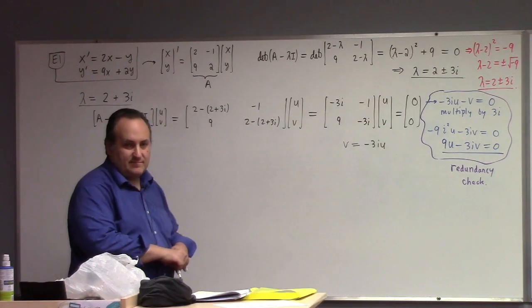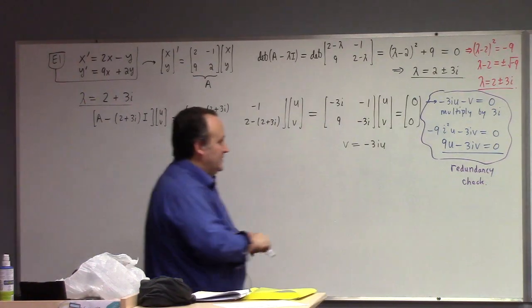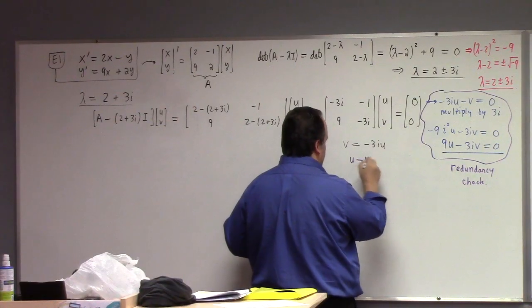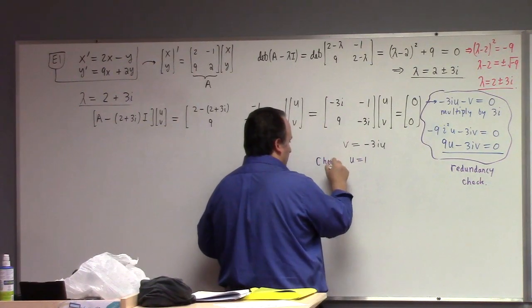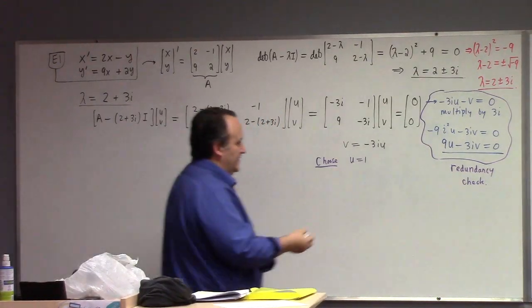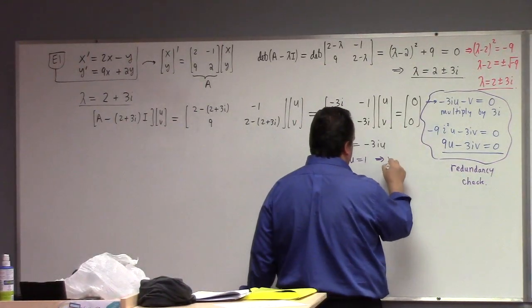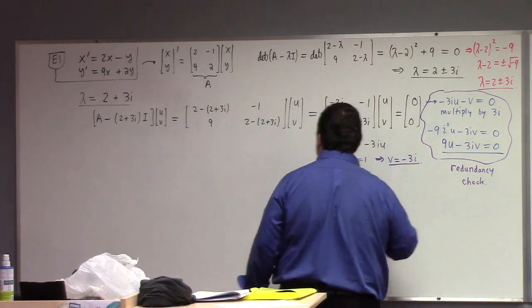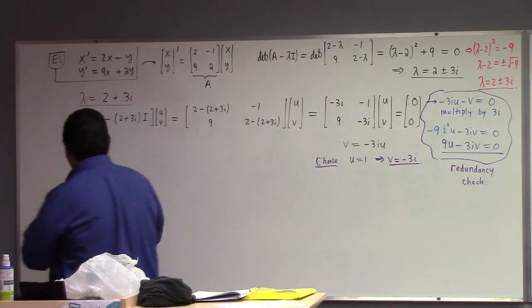May I suggest 1? Let's put u equal to 1. Then that tells me, so this is my choice, I'm choosing u equals to 1. Once I make that choice, my v is what? It's minus 3i, right? So consequently,